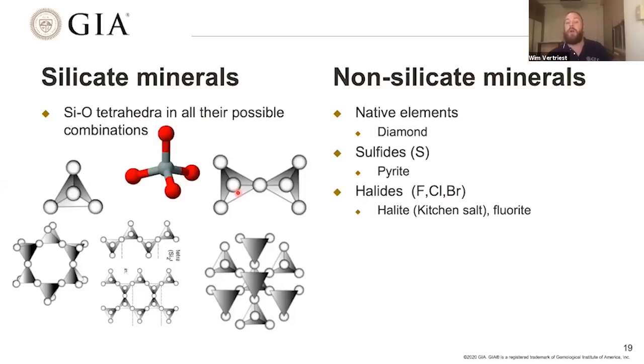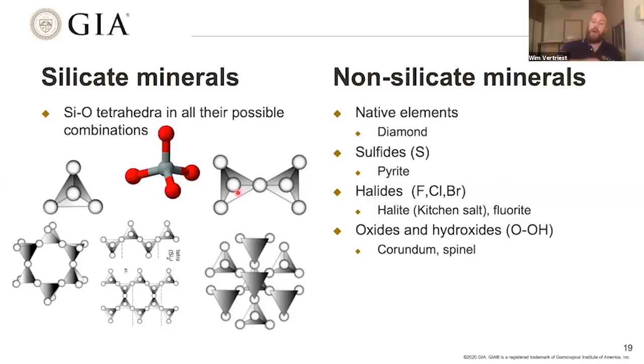The other ones are what we call halides, with a fluorine, chlorine, or bromine ion. And I think the best example from the gem world that we know is fluorite, but the most common mineral that we know from this family is probably halite, also known as kitchen salt. We also have the oxides and the hydroxides, so minerals that have a strong oxygen group or a hydroxyl group. And this includes minerals like corundum, which is aluminum oxide, and spinel, which is magnesium aluminum oxide,